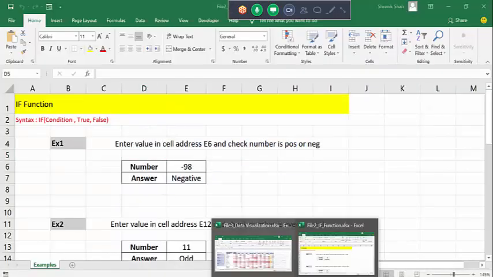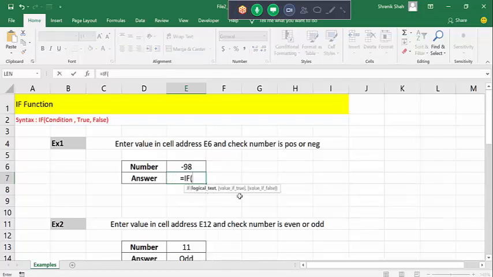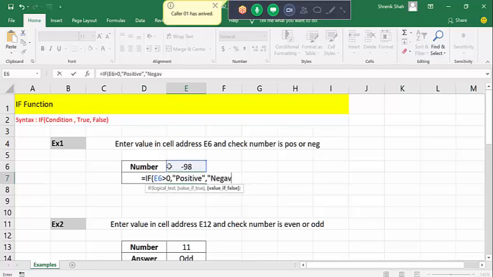So in this Excel file you can see there is an assignment example, that is to check the condition and print either positive or negative. Here I explain the syntax of writing the IF function. Equal to IF, in the bracket you select the cell address and then write a condition. Then I give double quotes and type positive, otherwise I type negative. Like this I can check a condition and complete the bracket.